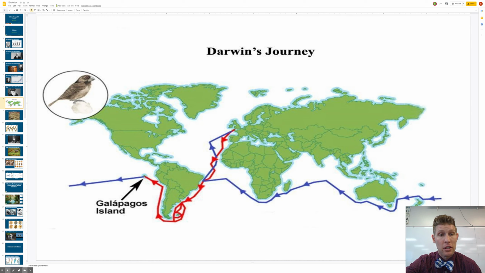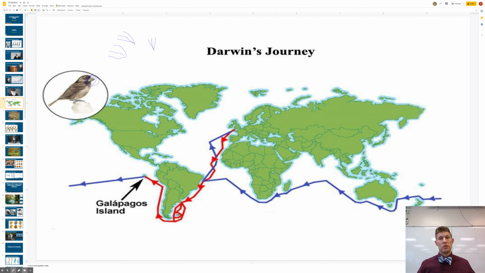And when he got to the Galapagos Islands, he noticed these finches. And these finches, they all had a different beak. If you look at that beak, some of their beaks had that kind of pattern like this. And then he looked at some others, and they were more pointy. Notice the others looked like this, but they all look like the same species of finch.